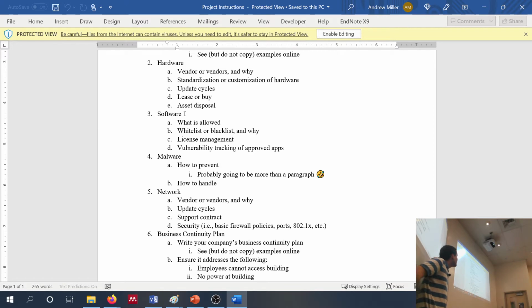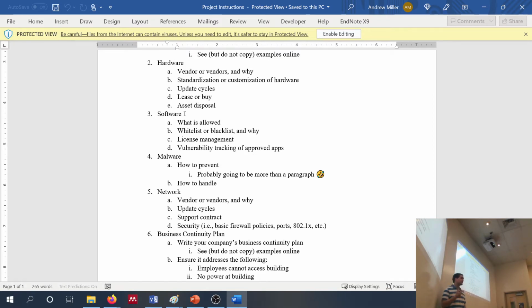All right, lease or buy. Does your company want to lease its hardware, or do they want to purchase it? And you're going to say why. If you go with buy, you may say we believe it'll last 5 years, then we can sell it at residual value, and so on. Alternatively, if you want to lease the equipment, you may say we get better financing options this way, and it's advantageous from a tax perspective. That's all you're doing there.